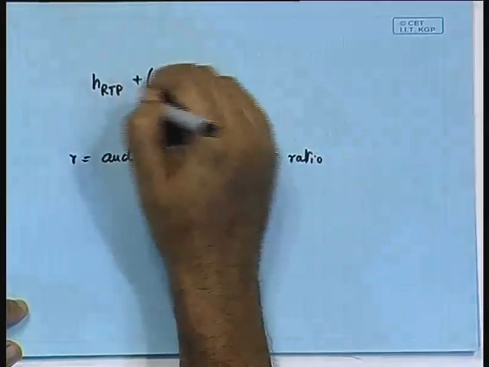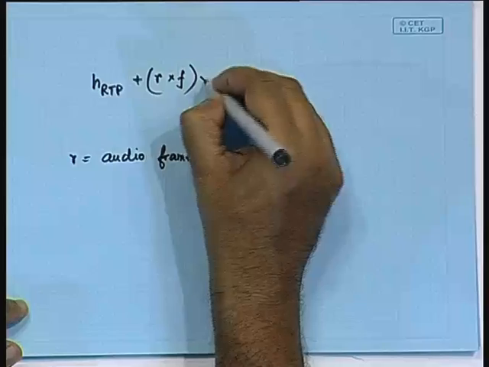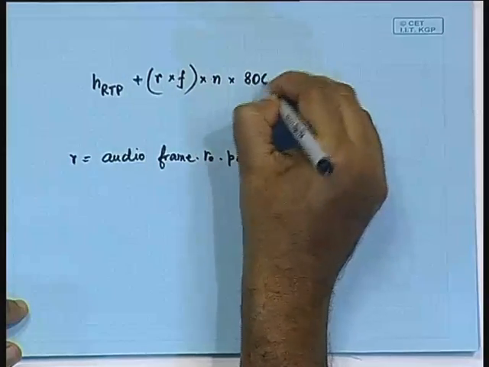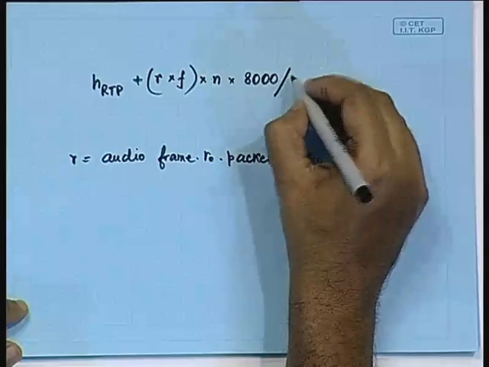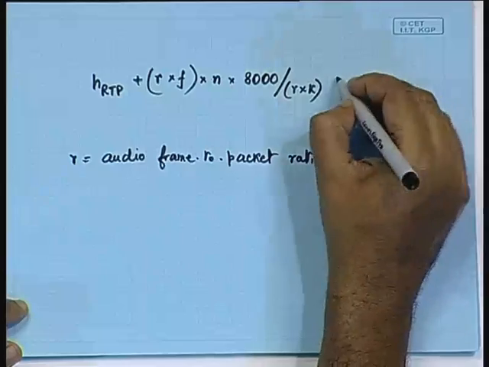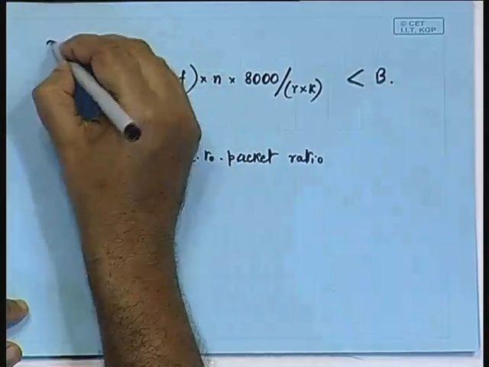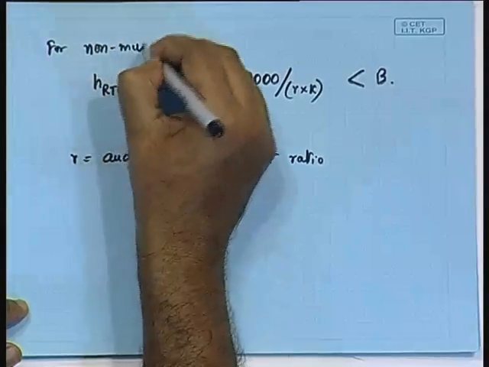So H.RTP, the header, plus R into F, times N number of channels, and the bit rate is 8 kbps, divided by R into K, this quantity will be less than B. So this will be for non multiplexed streams,